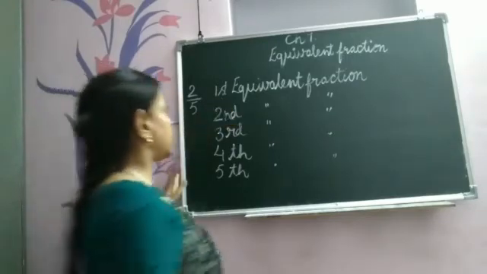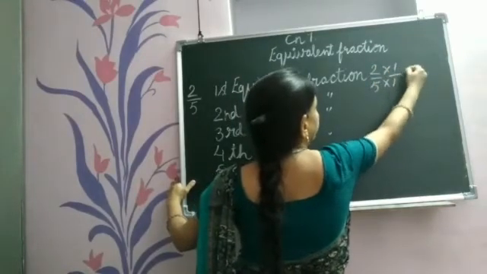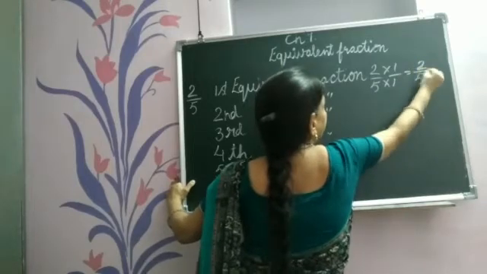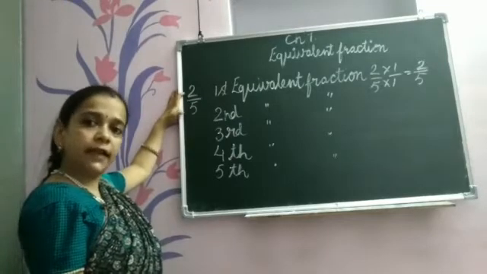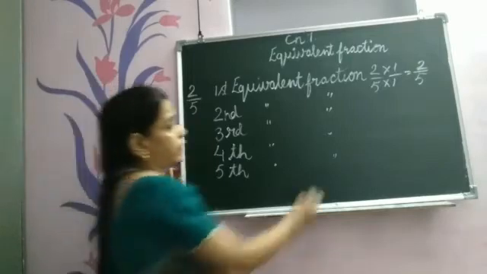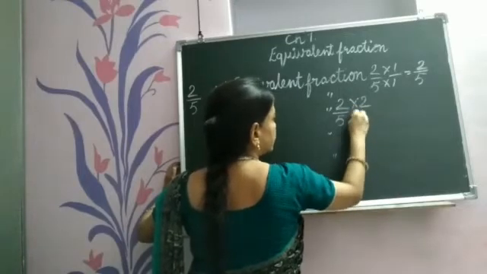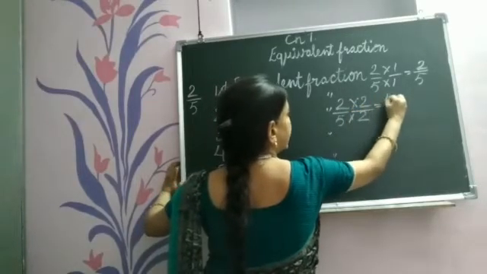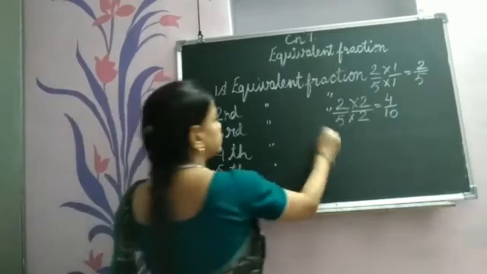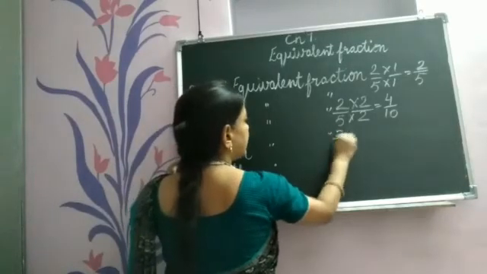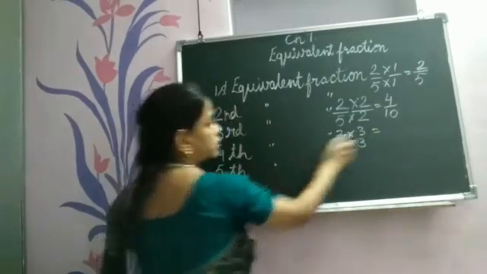To get the first equivalent fraction, we will multiply 2/5 by 1 in numerator and denominator both. So we will get 2/5 again. So the first equivalent fraction of any number is the fraction itself. Now to find the second equivalent fraction, we will multiply both numerator and denominator by 2. So we will get 4/10. And to get the third equivalent fraction, we multiply both numerator and denominator by 3. So the third equivalent fraction is